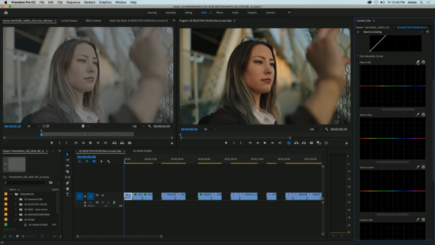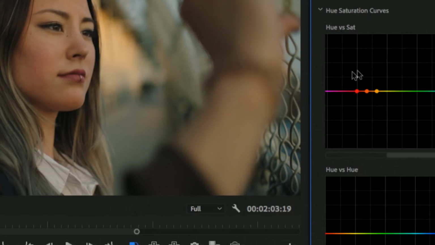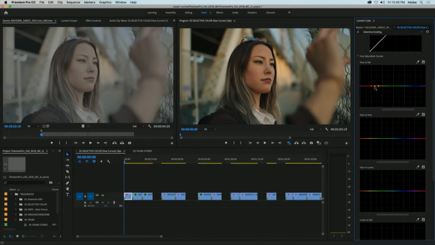So I'm going to take the familiar Adobe eyedropper here and find kind of a neutral skin tone on her face. And when I do that, immediately I'm presented with 3 control points, with the center being that initial touch point that I grabbed with the eyedropper. Now, I can freeform make adjustments here, or if I hold down the Shift key, I can constrain to this